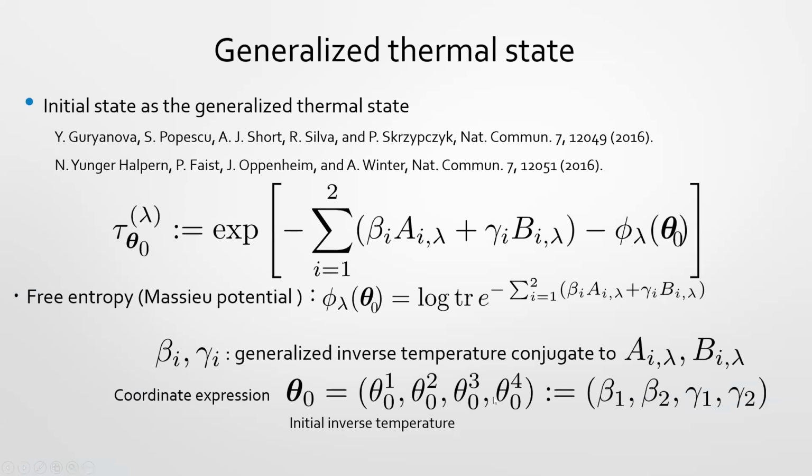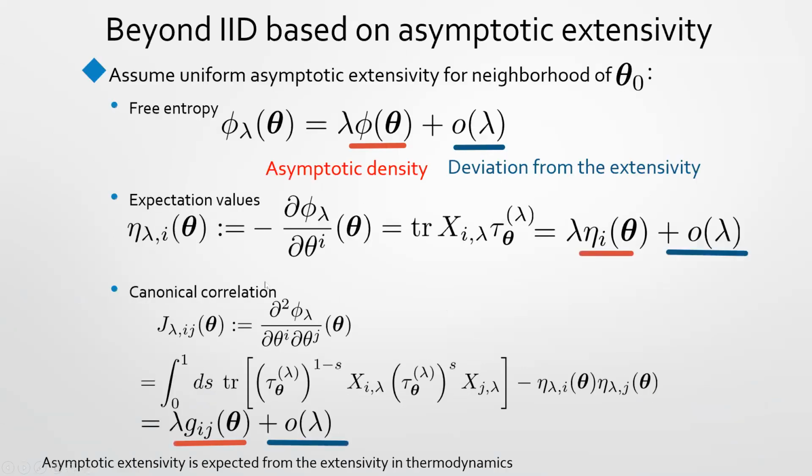We introduce one sequence of parameters in this way. So theta 1, 2, 3, 4 corresponds to beta 1 and beta 2, gamma 1 and gamma 2. And maybe we will handle this as x1 to x4 and theta 1 to theta 4. So in this way, we can define this in a simpler way. So now we already consider that notation: i runs from 1 to 4. Sometimes this is A, sometimes this is B. So we have four parameters, four quantities.